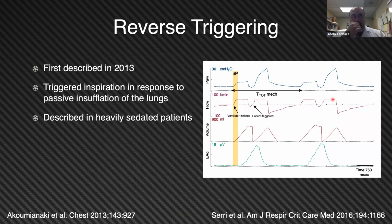Reverse triggering is a kind of breath stacking that was first described in 2013. It's an inspiration in response to the ventilator providing a breath to the patient. It's described more so in heavily sedated patients than in patients who are lightly sedated. And the only way to reliably get rid of this reflex is with paralysis. So what this shows here,